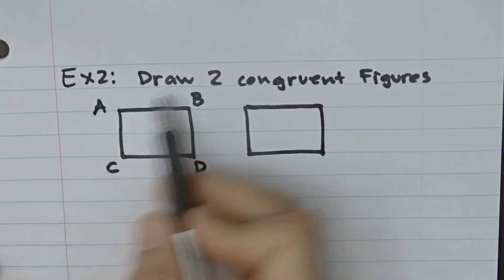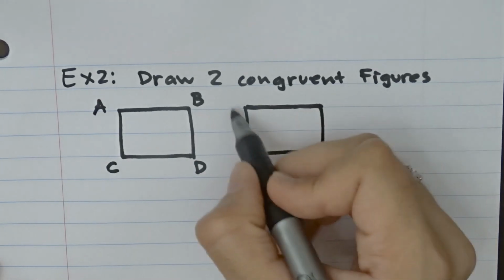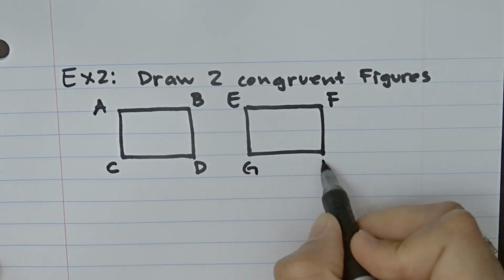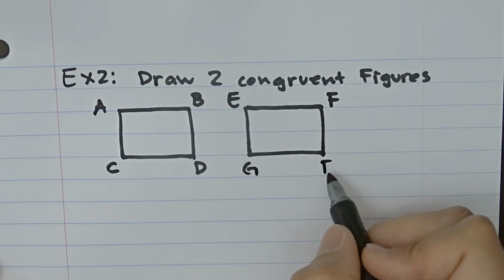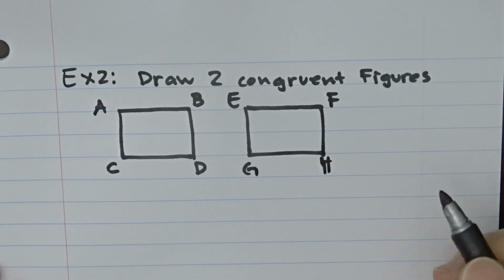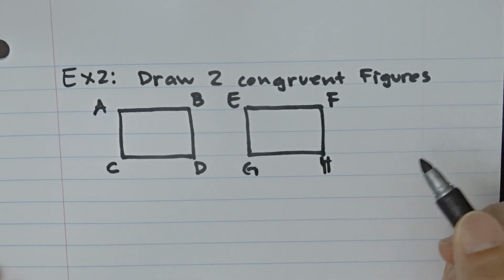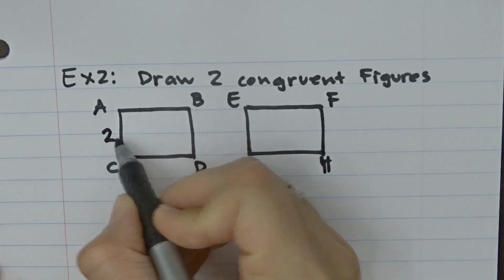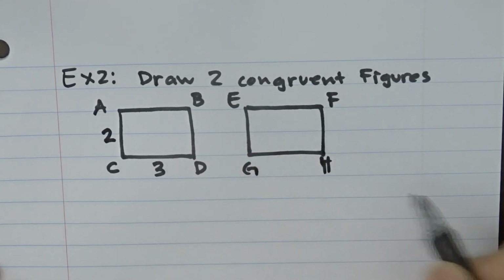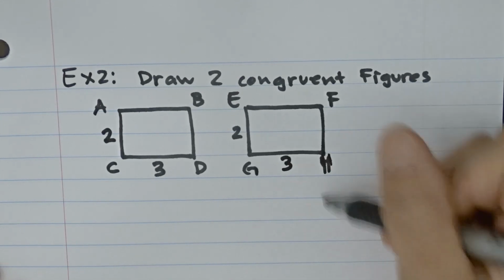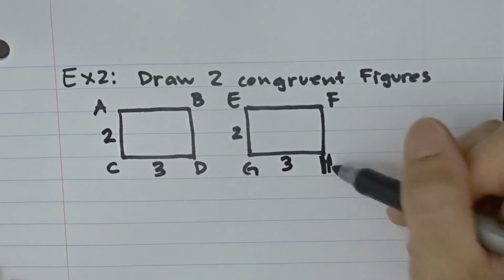You know, I need to start A, B, C, D, but anyway. E, F, G, H. So I chose two rectangles. I'm making them look congruent, but to be for sure and make it definite, I would just have to label the sides. 2, 3, 2, 3. Now it shows there are two different rectangles